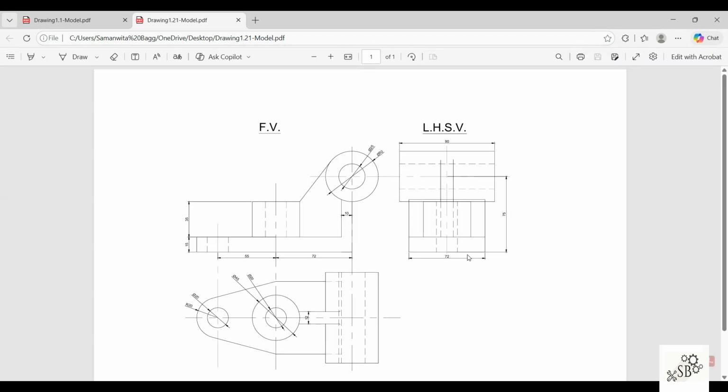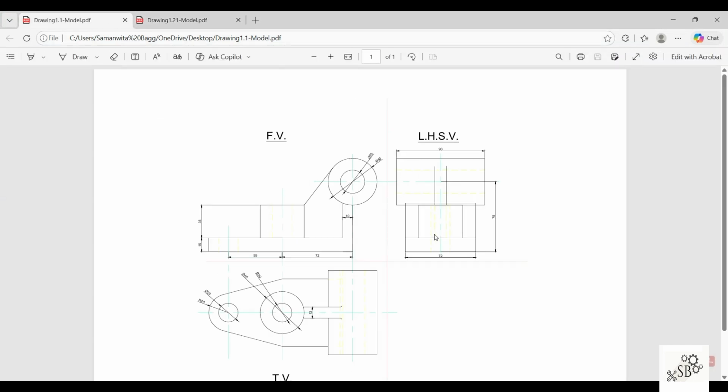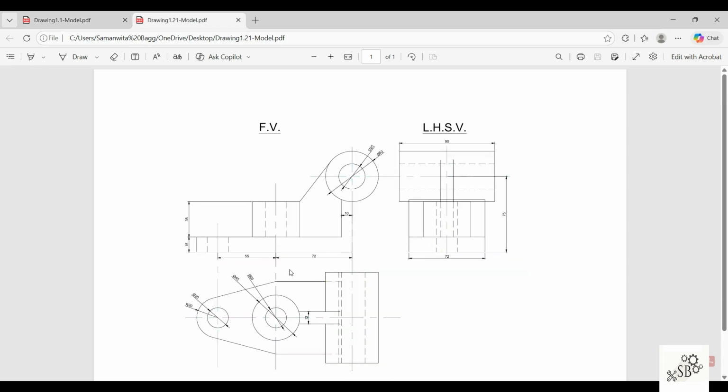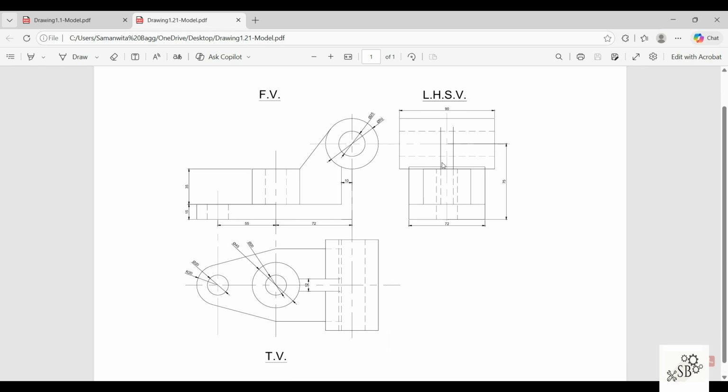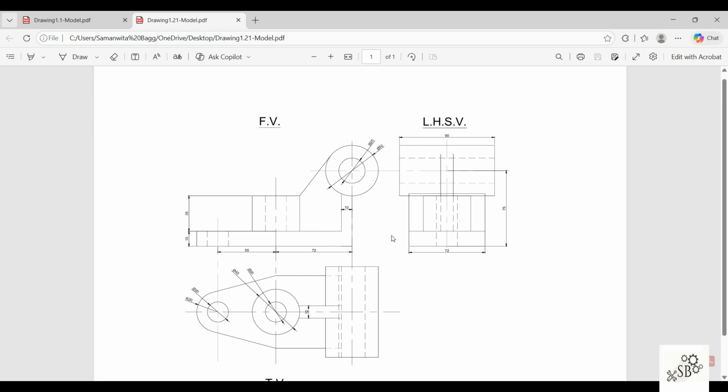So now you can see the difference between the two drawings. Initially when I saved it, it was showing very light lines, and if I take printout, these light lines would not be visible. Now all the lines are visible because I have used the white color for all the lines. So white basically makes it deeper to print. Also, I have chosen a particular line weight, so it is able to give you a proper drawing. So this is how you make the print copy of it.